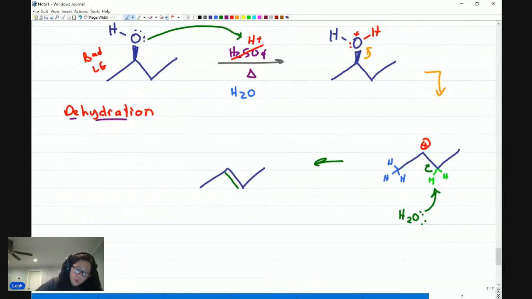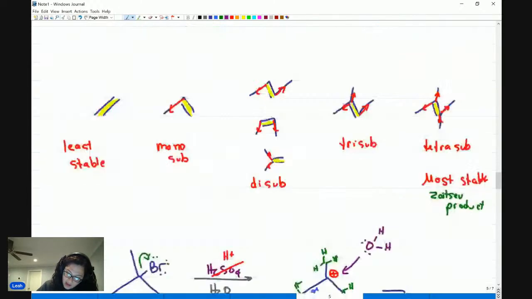Dehydration, we remove water. What is the water that we remove? H and OH, H2O. That is the dehydration E1 reaction. How did I know that this is the hydrogen to grab to get the most substituted product? I know that this is the most stable based on Zaitsev's rule because we had already analyzed it here, but